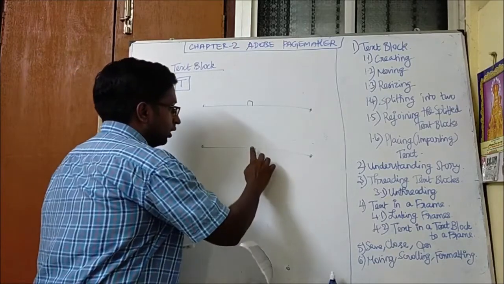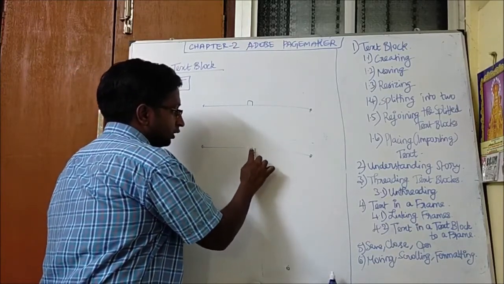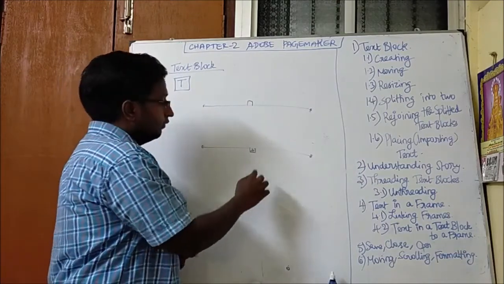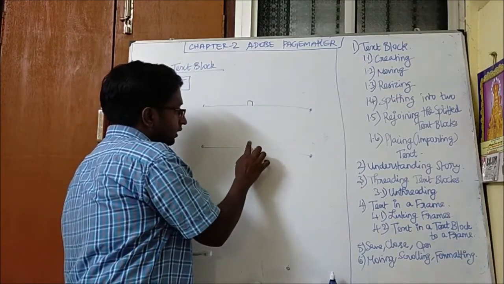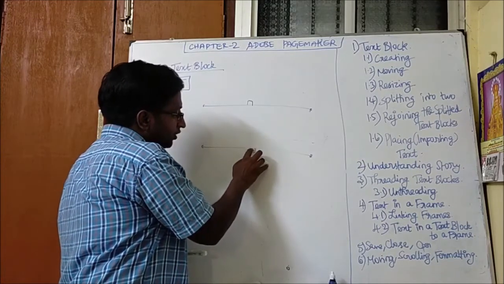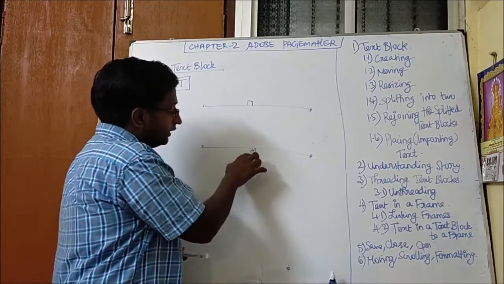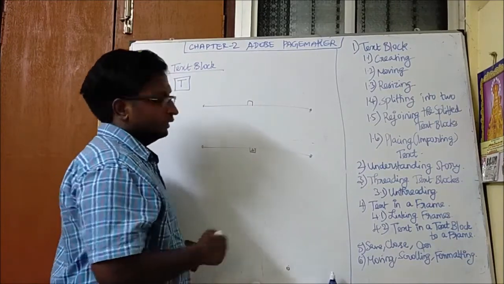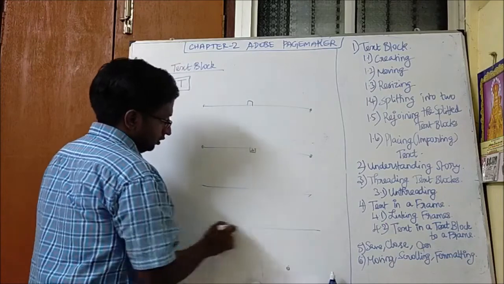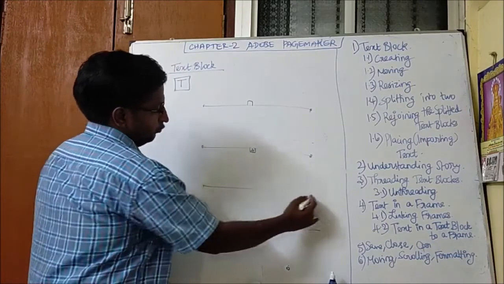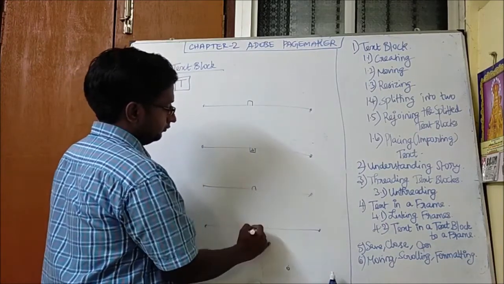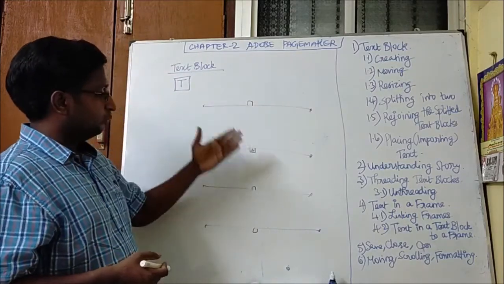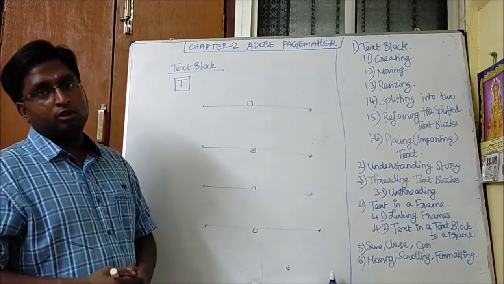You have to move the mouse pointer to the bottom handle. You call it a handle, both the top handle and the bottom handle. When you move the mouse pointer to the handle and click, you will see a red color triangle inside the handle. You have to click that handle and drag to the necessary place. So this text block will be split, and you will be having two text blocks. Like that you can split as many text blocks as you want.